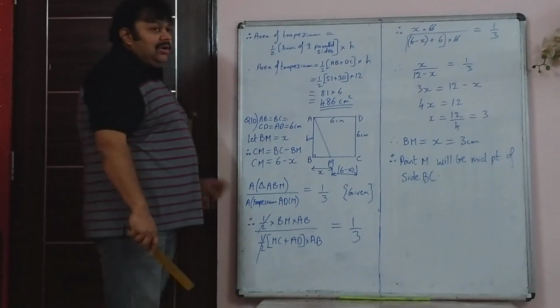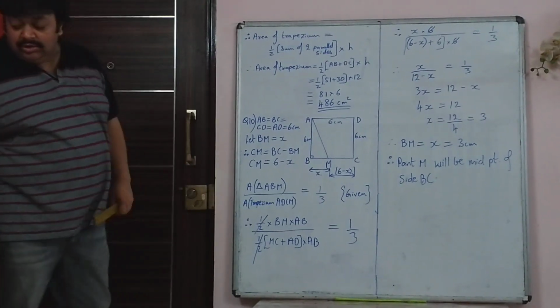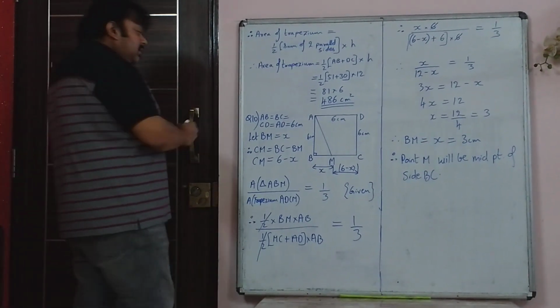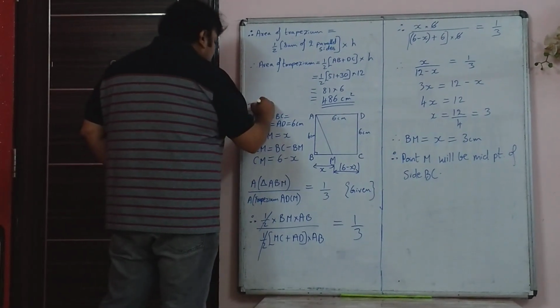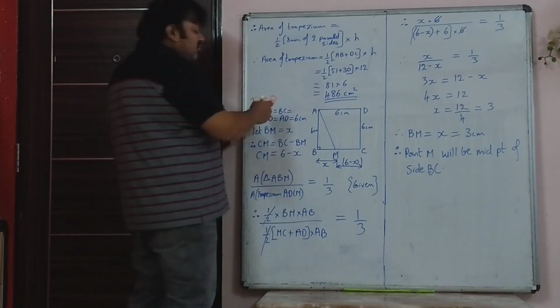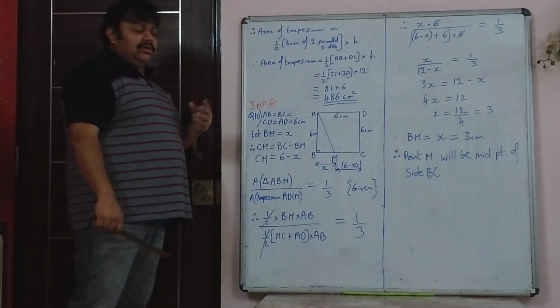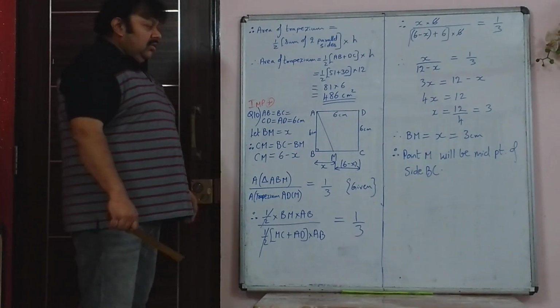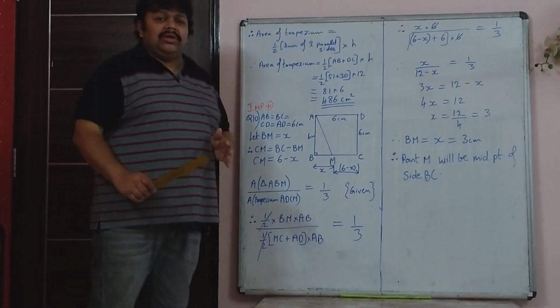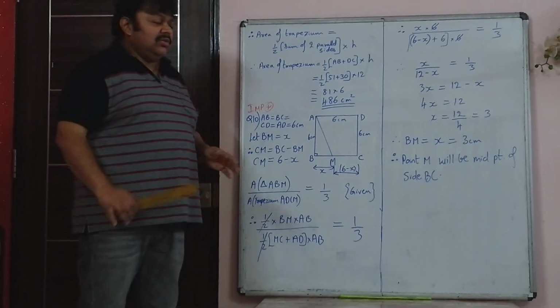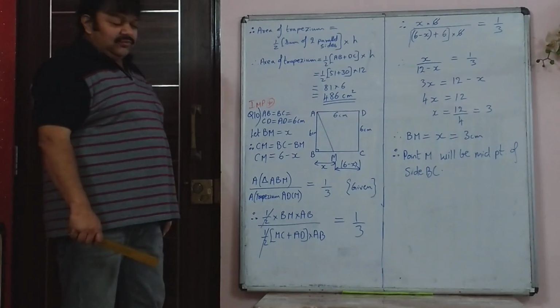So now sum number 10. Mark this sum as important because it's simple and yet you need to just know the method. Usually simple sums like this are asked in the board exam in February. So generally schools also limit themselves to simple sums, not something very lengthy and tough.